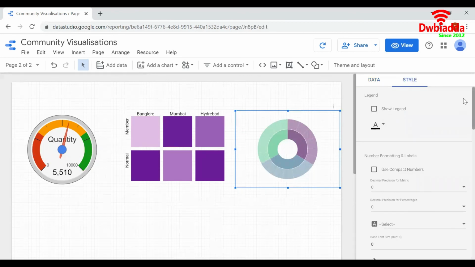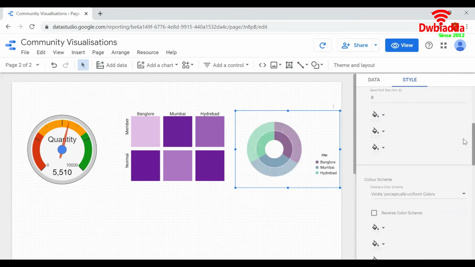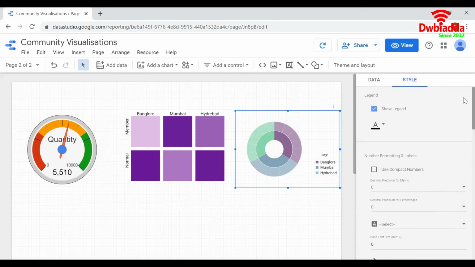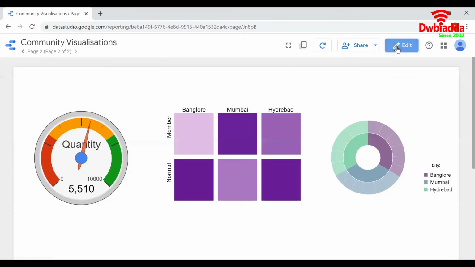You can decide any colors that you wish here. I will keep this color as it is. Let us view this community visualizations.